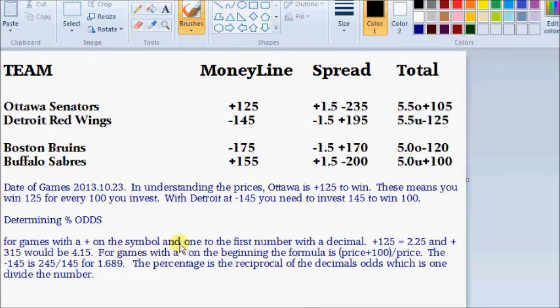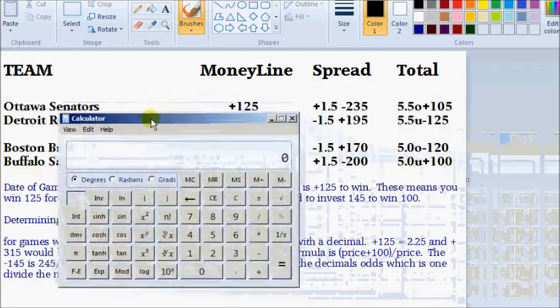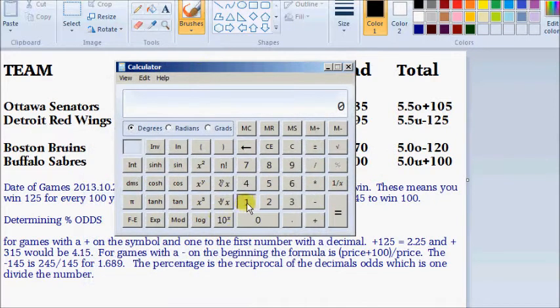Now for games with a negative symbol, like the Detroit Red Wings, what I do is take the price plus 100 and divide it by the price. So 245 divided by 145 is 1.689. When you take this, what you need to do is take the reciprocal, which is just 1 divided by the number. So in this example, we've got Detroit minus 145, which is 1.689. That means they're saying 59.2%. In order for you to have an edge, you've got to be confident that they have a much greater than